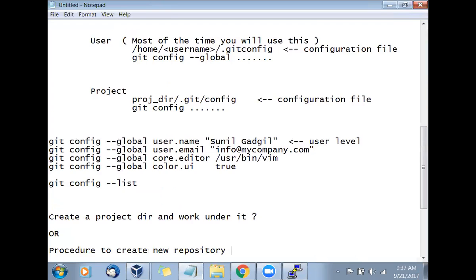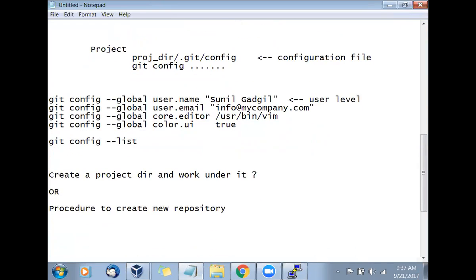Same thing, same question. Both are the same. Create a project and work under it, or procedure to create. So what do you say? mkdir, the project directory DevOps batch 14. Then I say cd DevOps batch 14, and I'll go with that.